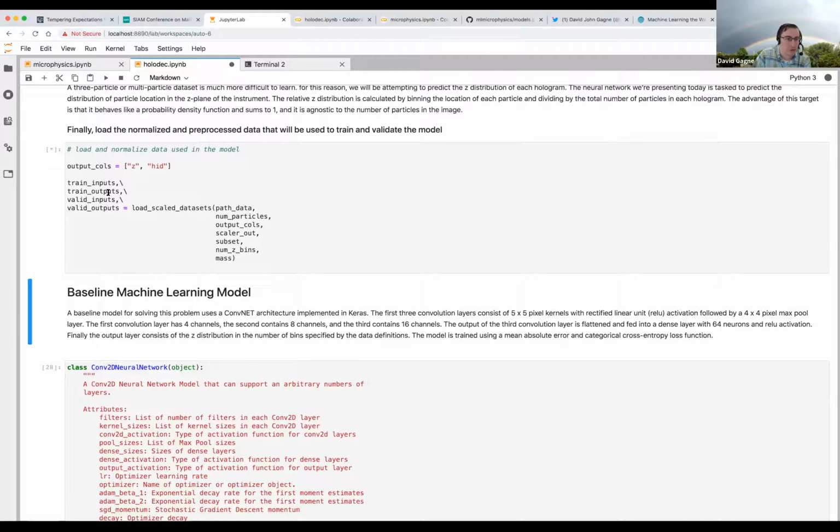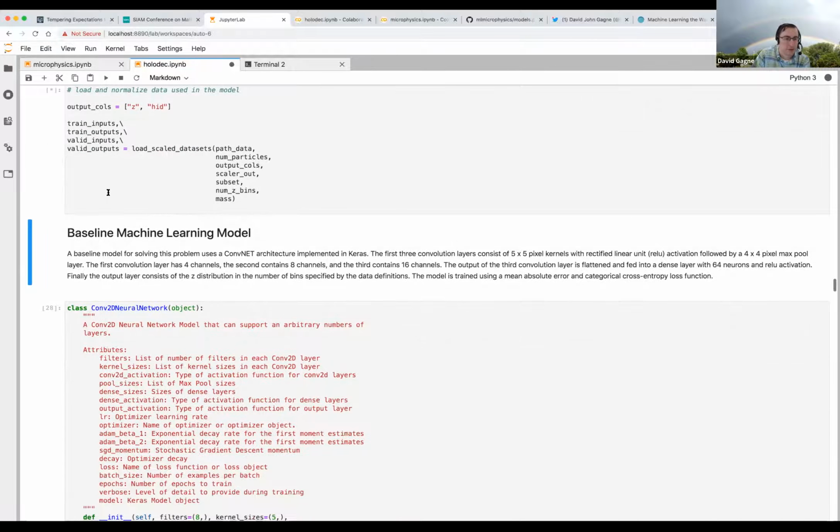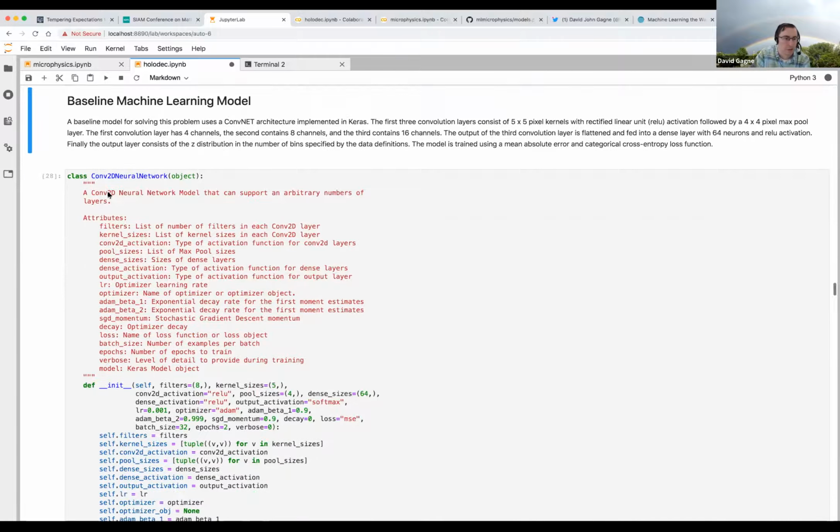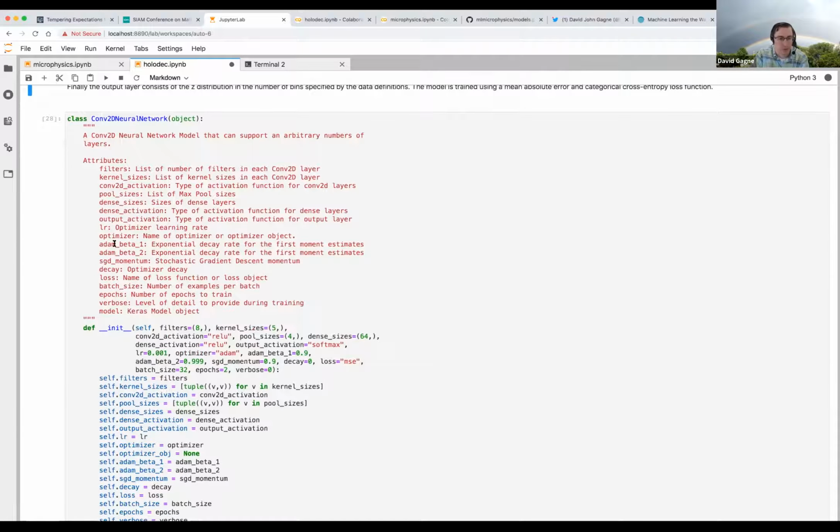Now we're going to load in our normalized data, so this will take a second. While this is loading, we can talk about our machine learning model for this project. So we're going to use a convolutional neural network. Before, we used a fully connected neural network, and the advantage of the fully connected neural network is that it's relatively simple and straightforward. But if you want to apply it to an image, if you're trying to connect a neural network weight to every single pixel, the dimensionality is going to grow quite large, and you're going to have a lot of redundant weights, and it's going to be slow to learn. You can still do it; it'll still work, sort of, but